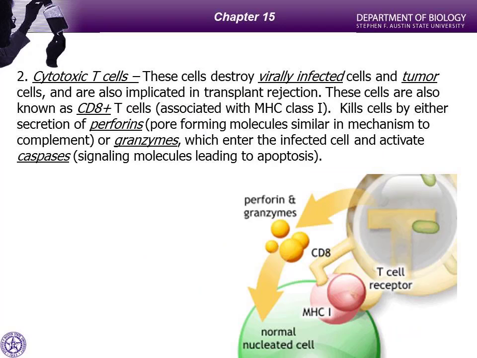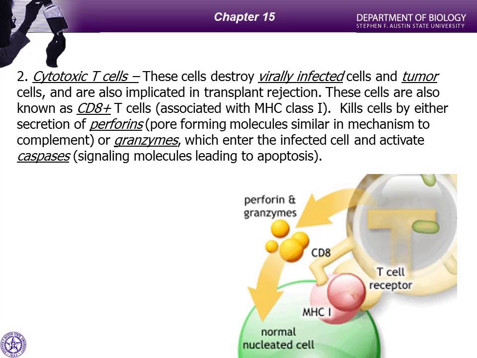Now, our CD8 positive cytotoxic Ts, we've already been talking about how they're going to interact with cells that are virally infected or becoming tumors. And CD8, remember, is going to be recognizing antigen presented to it by MHC class 1s. Now, the way our CD8 cells